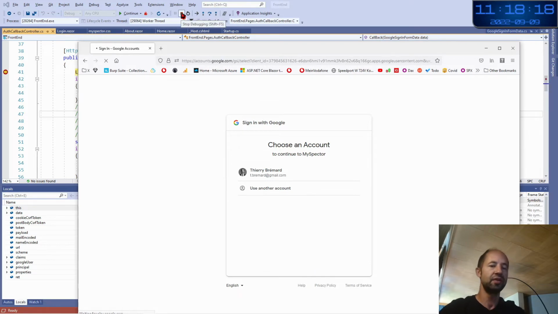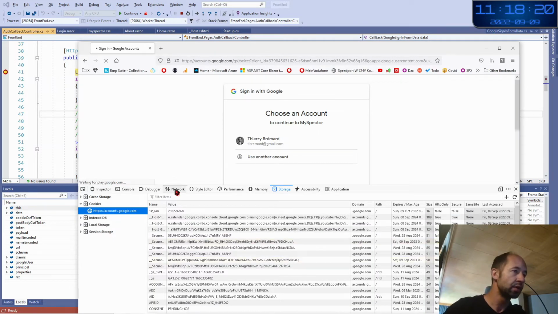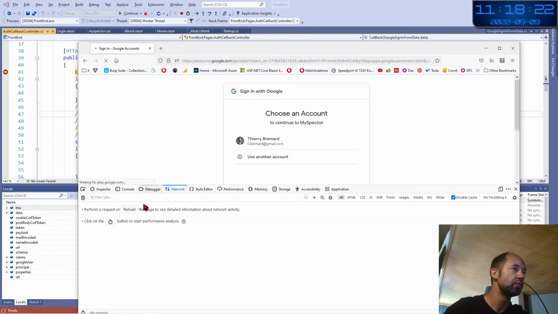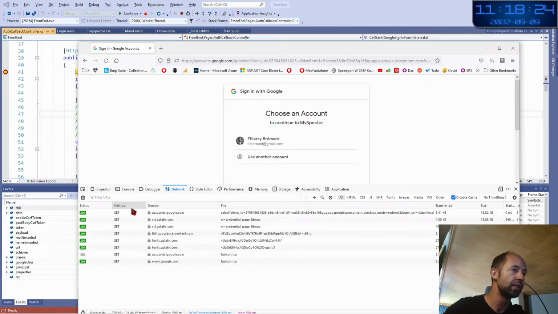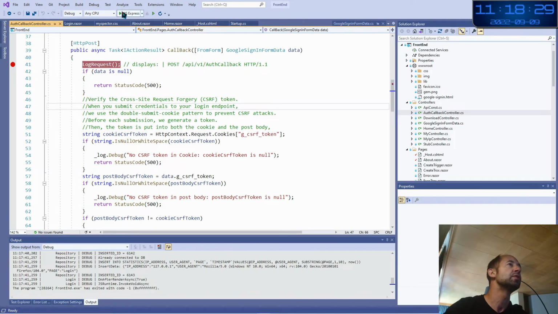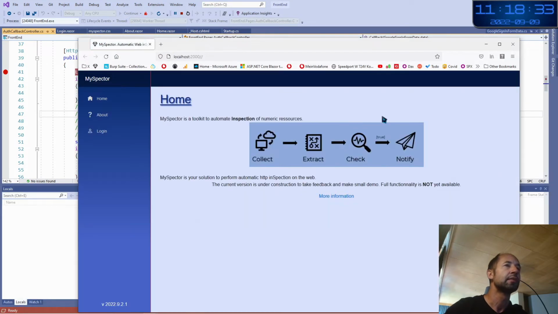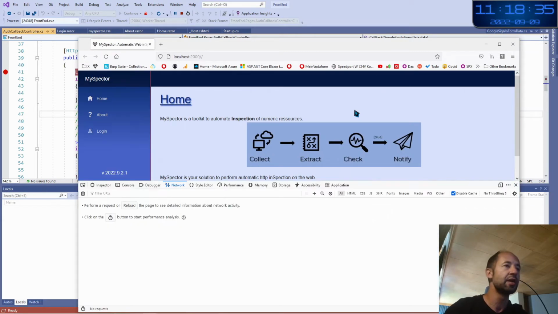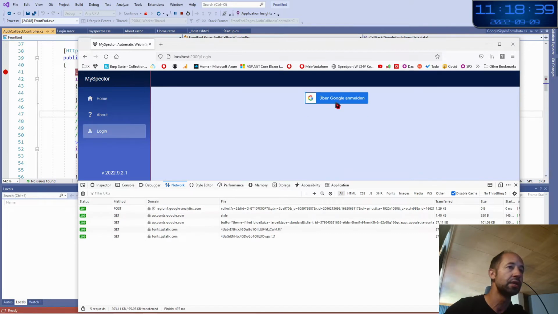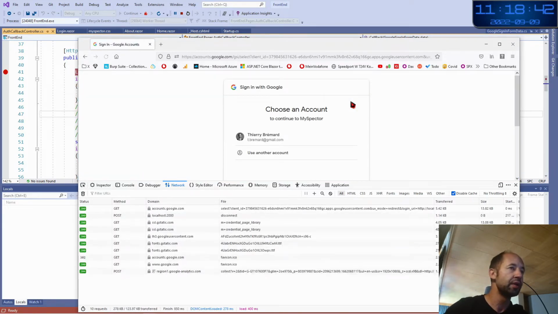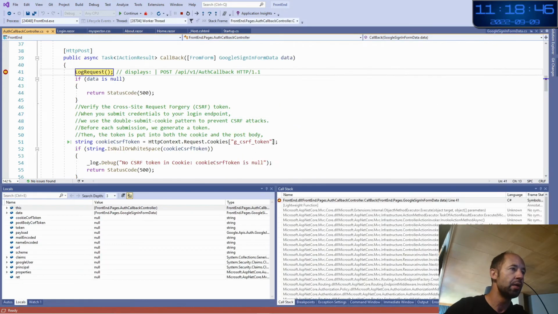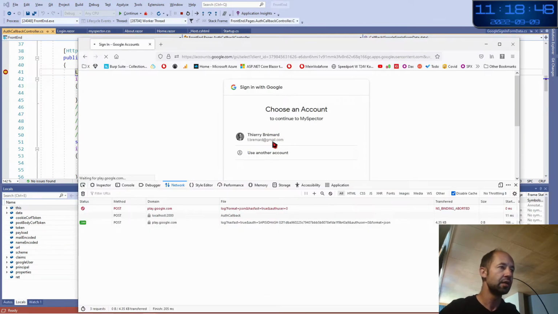stop and put the network console to understand a little better. Yes, wait. I am going to do this again. So I am logged out, I put the network view, I click on login, I click on my button, and here now you will see a post normally.